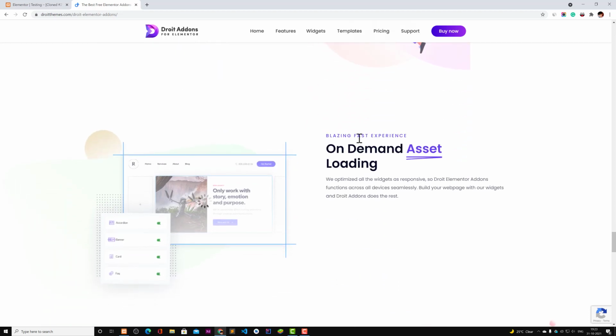So it's a blazing fast experience, with on demand asset loading. With on demand asset loading, it means that the widgets are optimized so Droid Elementor add-ons function across all websites seamlessly, and you can build web pages with widgets, and that suffices.